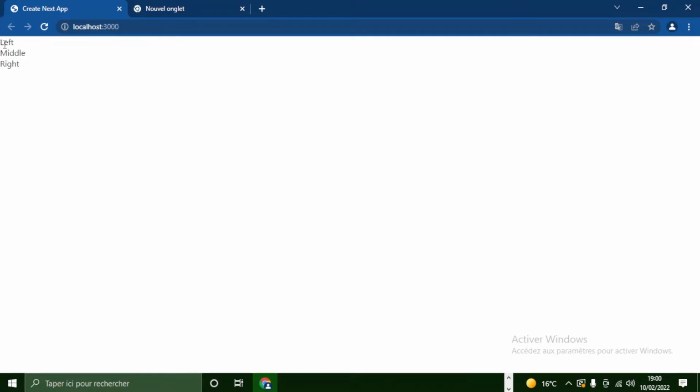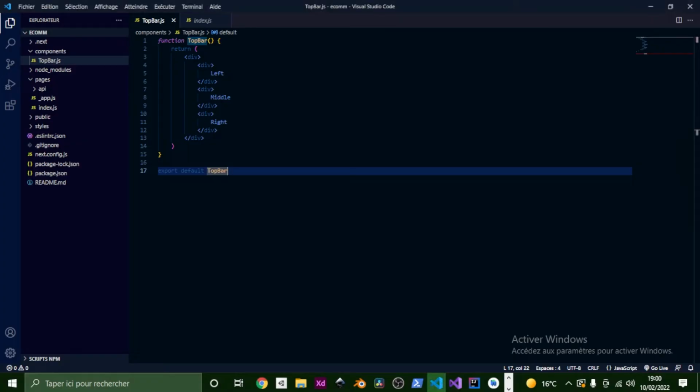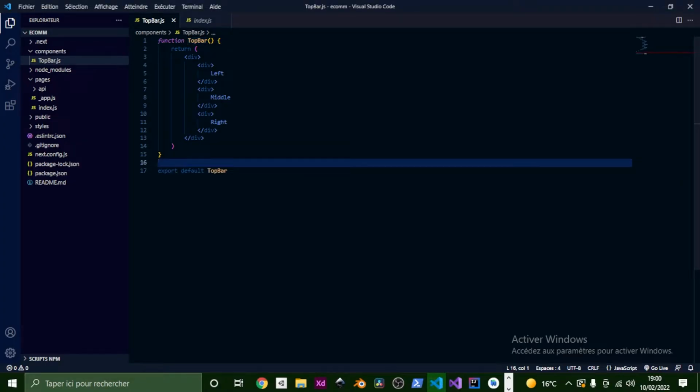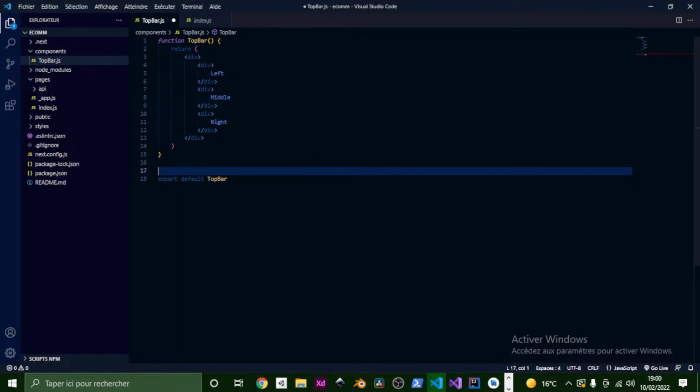And why are they on each line? Because a div is a block element. In simple words, it's a greedy element. HTML 101: a div is going to take all the width of the screen available for it. So let's